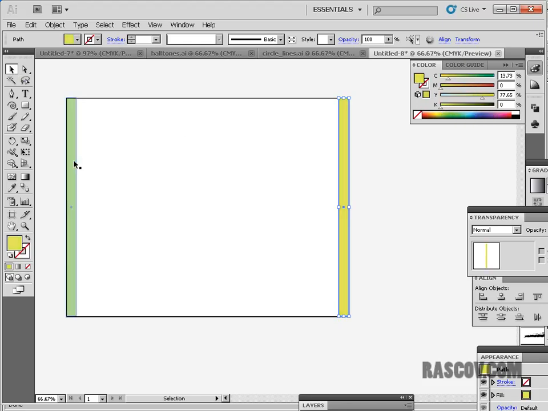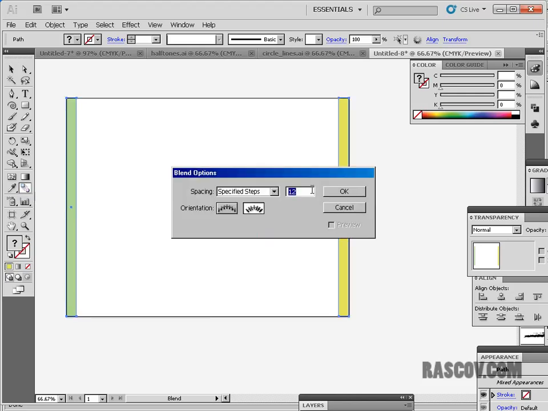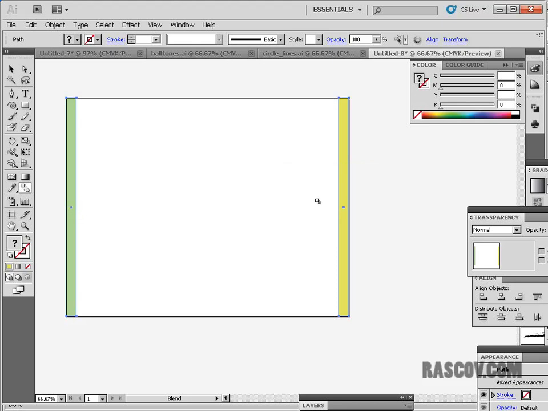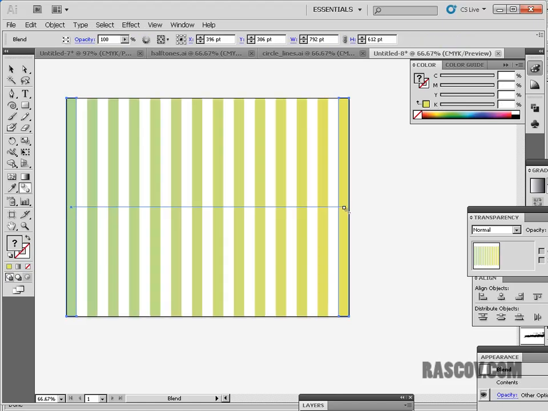And then an easy way to get the rectangles going across the page would be just to use the blending mode. So here's the blending mode. If you double click on it, you see your different steps that you have here. So I'm going to leave it at 12 for right now. And if I click on the dot here and click on the center dot here, you'll see it'll go across